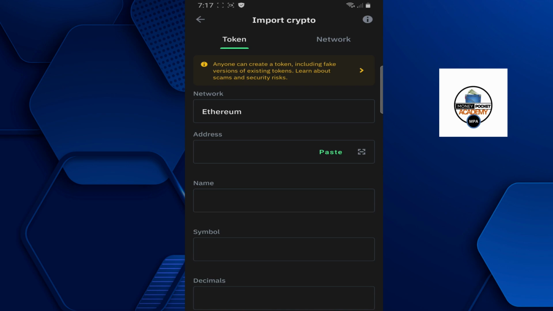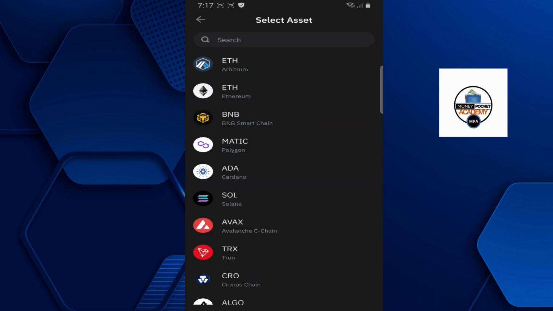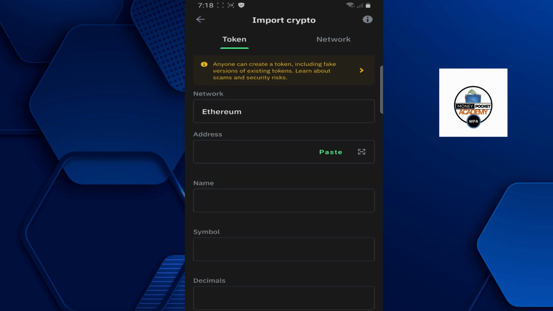Remember, we are using the Arbitrum network. When you come here, it will give you the Ethereum network. Just make sure you change it from Ethereum to Arbitrum. So let's click on it over here, and we have to search for Arbitrum. Just down here, you will see Arbitrum, and this is the logo for Arbitrum. So always make sure you take note of the logo for Arbitrum. Afterwards we'll click on the Arbitrum network